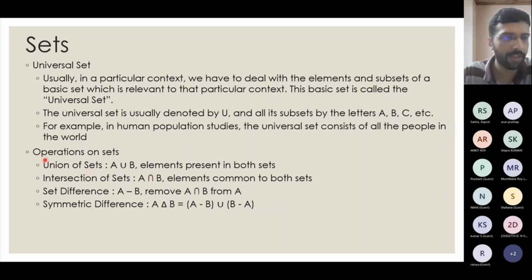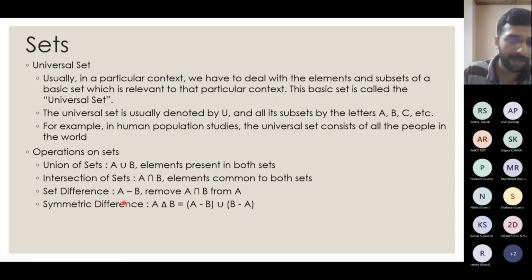And then we will just see what the operations on sets are. I will not delve into details. I will just tell what it is, because we will see these subsequently. So union of sets is a set which consists of elements which are present in either set. Intersection of sets: union is denoted by U, intersection by an inverted U. That consists of elements which are common to both sets alone. And a set difference